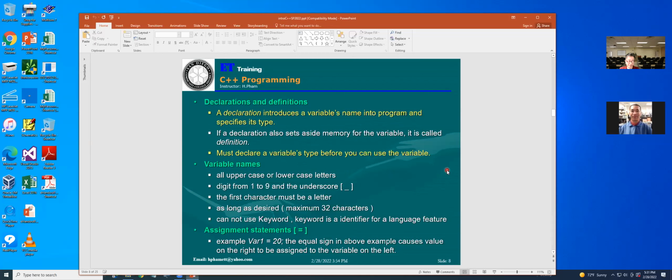Basically, the compiler doesn't understand what A is. So that's why before using A equal 20, for example, you have to make a declaration. Tell the compiler what A is and its type. So that's why I said integer A. Okay? A is a variable.